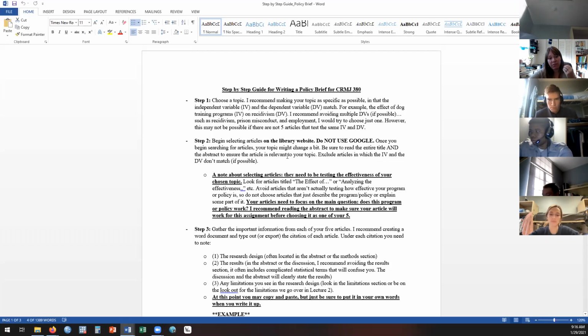If you can find 5 articles that focus on the same independent and dependent variable, that makes it easier. So your independent variables really should always be the same thing, but you might find small differences, right? If we focus on education, you might find one article that looks at the effect of GED programs on something, and another article that focuses on college programs on something. So it's okay if you have slight differences in that, but every time you have slight differences, you need a policy implication that goes with that.